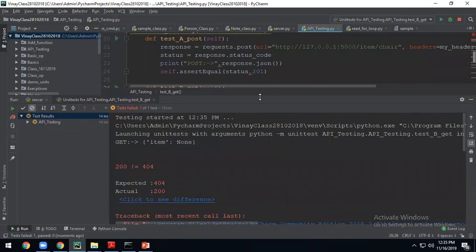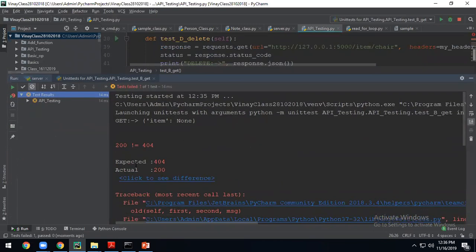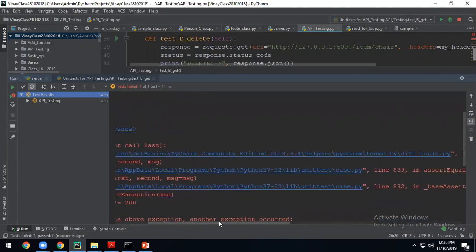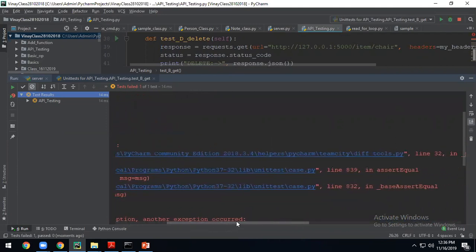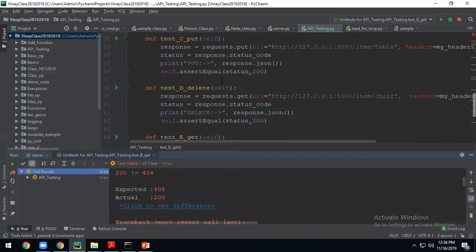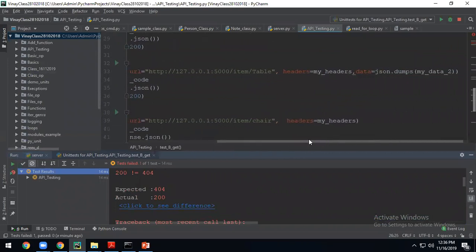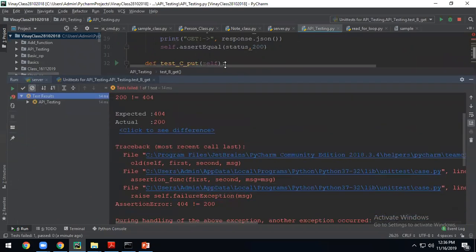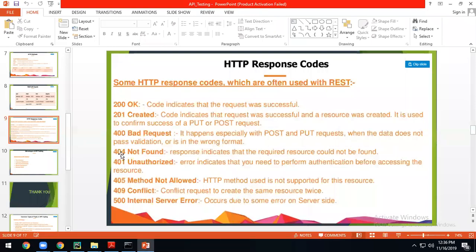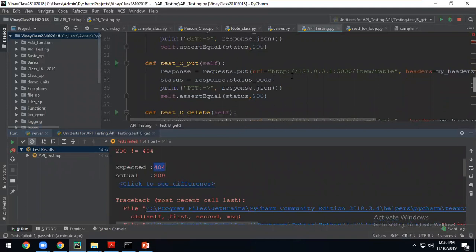Let's see. Okay, I would say that item. Let's see where it is showing a problem. At line number 32, it is throwing a problem. So what is 404? Not found. Some item is not found, it is trying to say.